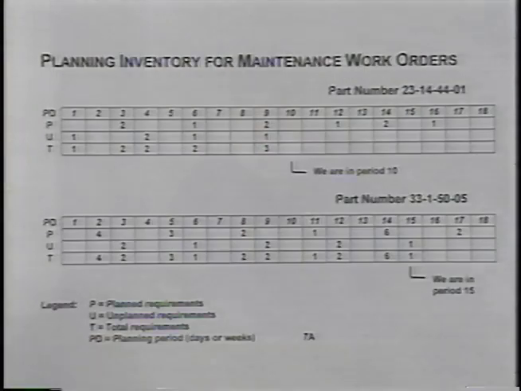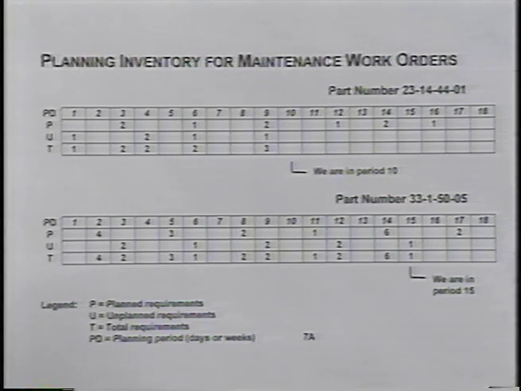The top record is for part number 23144401, and the lower inventory record is for part number 33150-05. Now you notice they have 4 lines to each record. The top line is for the period, that's the planning period, and in this case we're looking at, let's say,